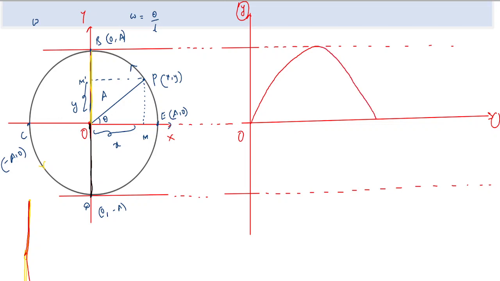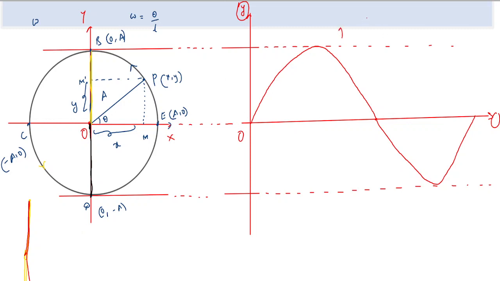So it becomes 0, which means this point corresponds to point C. When the particle goes from point C to point D, y is increasing in the reverse direction. It will again become maximum in the reverse direction. It will again decrease. So for one circular motion of the particle around the circle, its y position would be an oscillatory motion. And if you plot it as a y-t graph, it becomes a sine curve, which means this